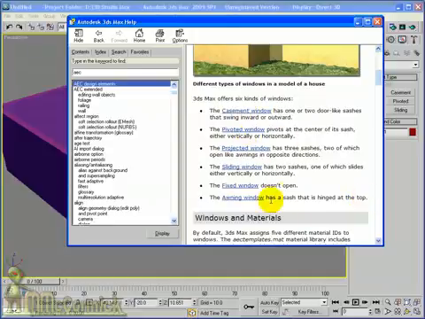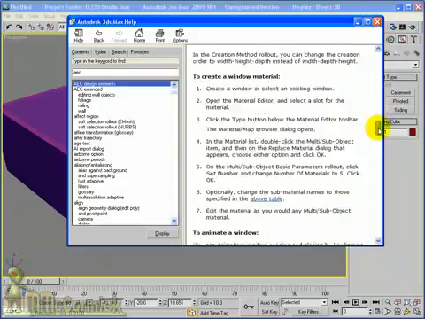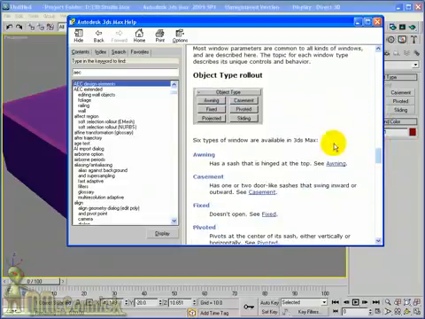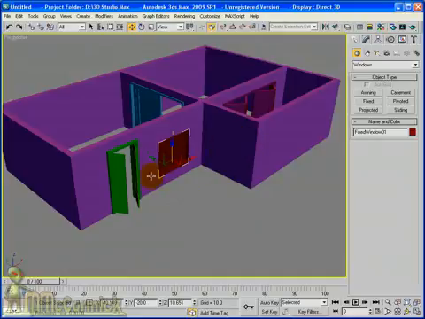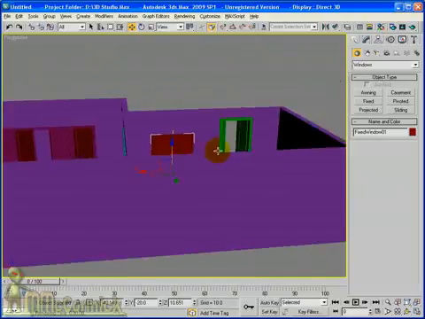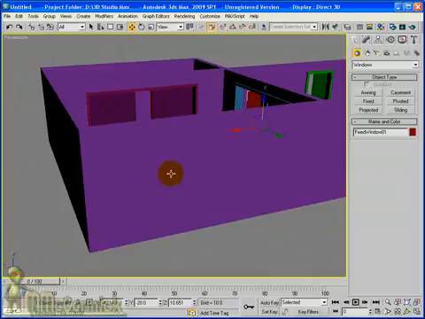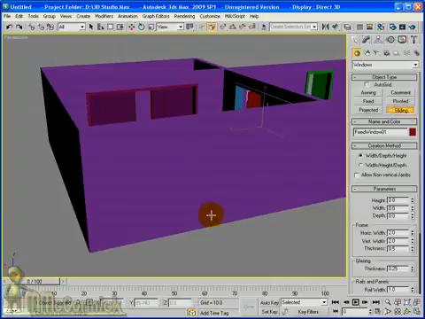So we have casement, pivoted and so on. You can choose which one you want, all the materials, everything listed there, and I'd recommend that you have a look to see what they do. Close that quickly. So one more window. I'm going to have this on this wall here. So sliding window,